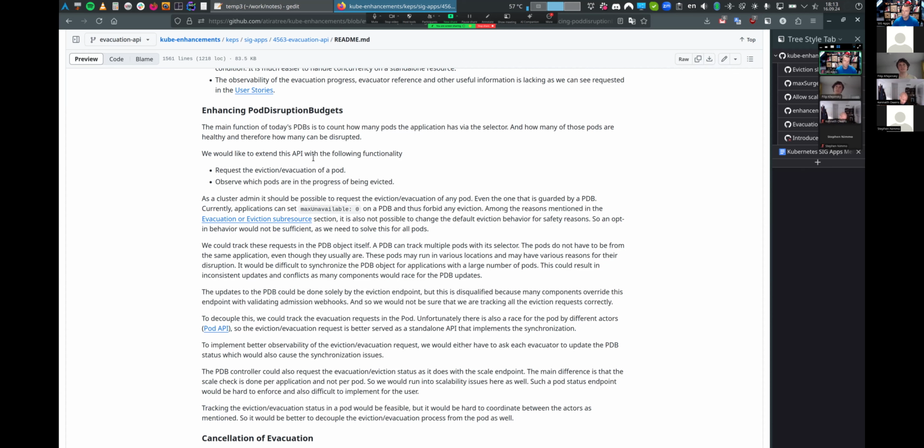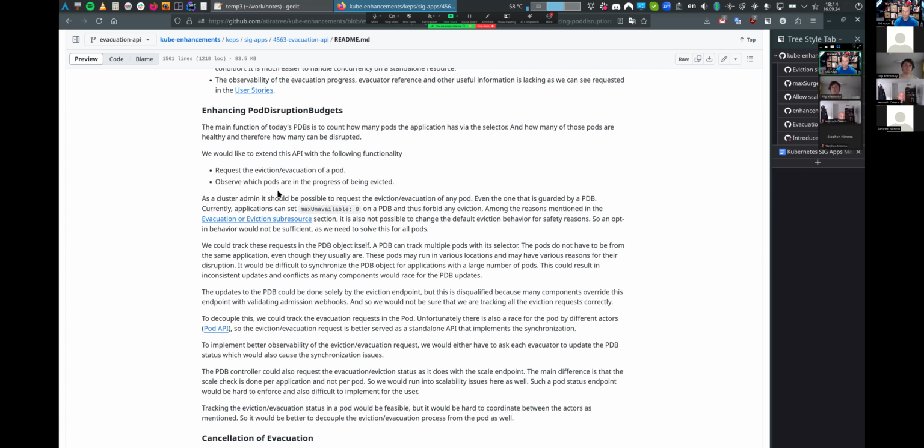One thing that happens today is that people are doing this already. There are some components in the ecosystem which create validation webhooks for the eviction resource. When the eviction occurs, they fail the validation and deny the request. So this works on the side of the component which wants to block the eviction, but does not work on the client side. You will get failures of the eviction request because there is no well-defined API.